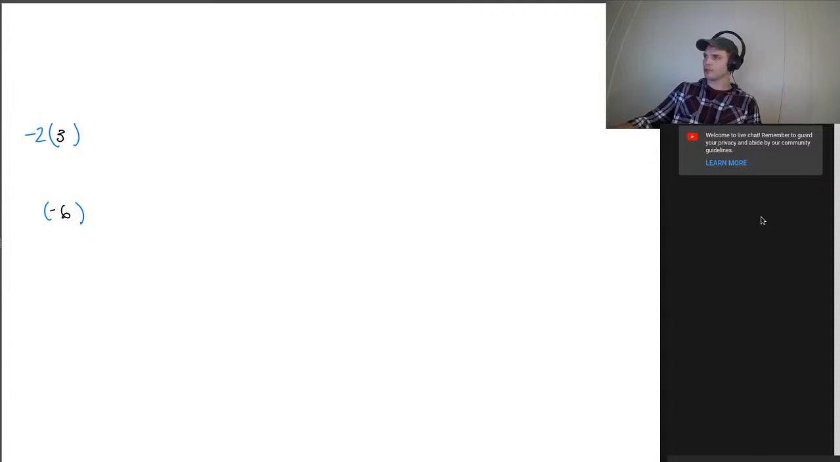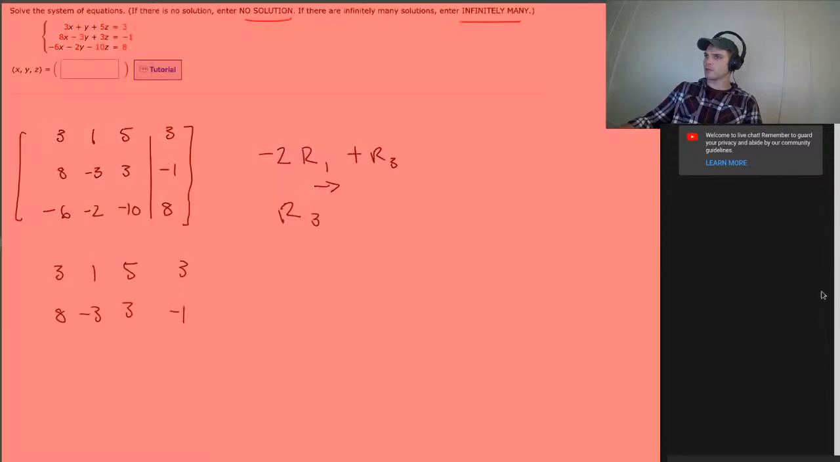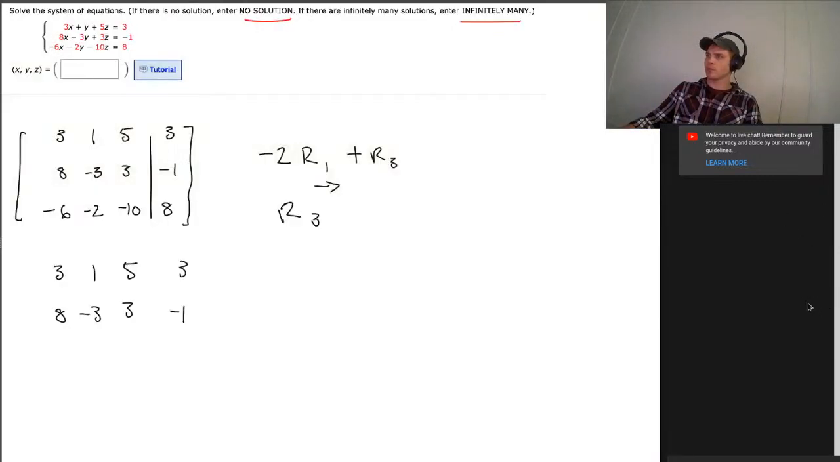Well, it's not going to come that long. Okay. So what we're doing is we're trying to do 2 times row 1 plus row 3. So that's all going to go into... So -2 times 3 is... oh, actually, we just want 2 times row 1. So 2 times row 1 is 6,